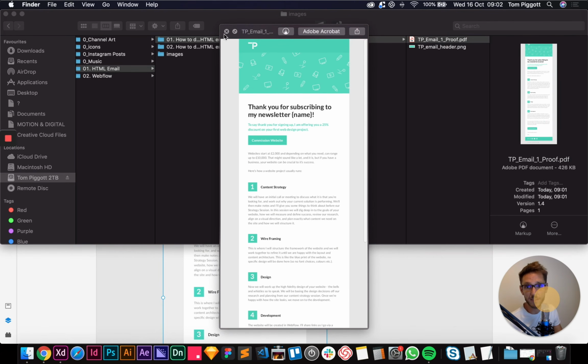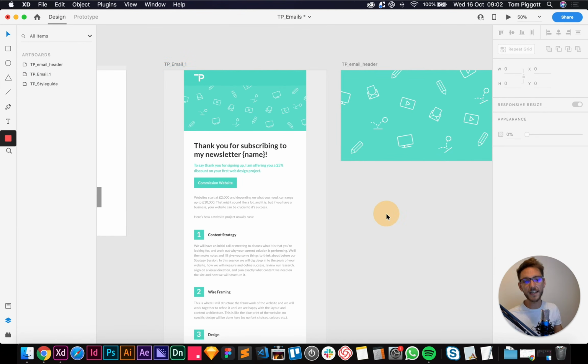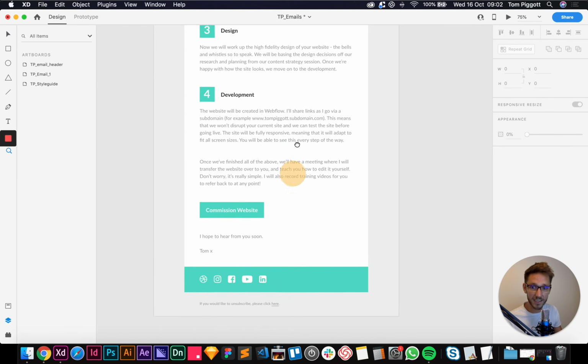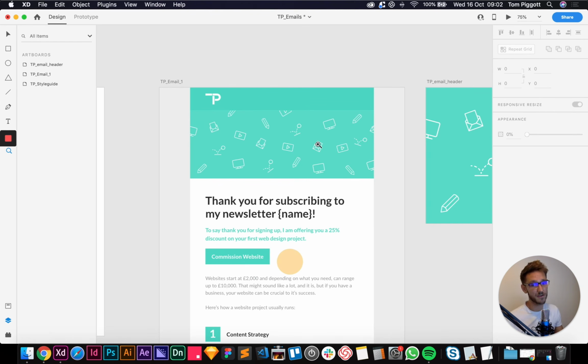And then you can redesign it, make sure everything's fully designed in here, get the sign off before we go to build it, because you don't want to be making changes in your code. It's going to be much easier for you to design it in here, get it looking all nice and good, and then we can just code it, and it's super easy. So that's the design done.